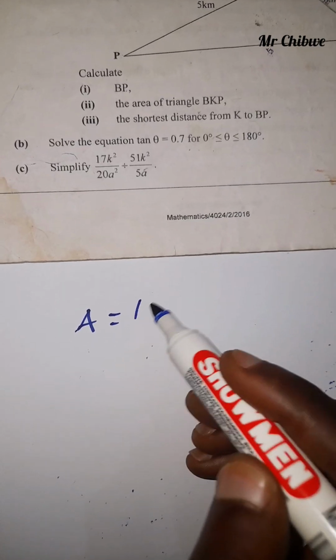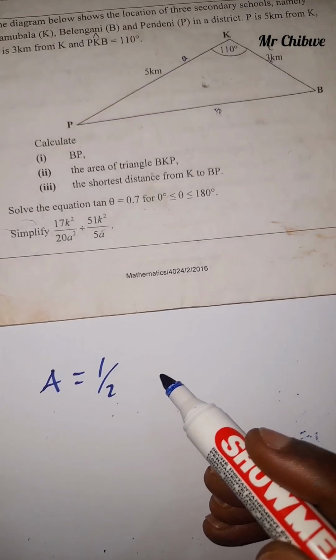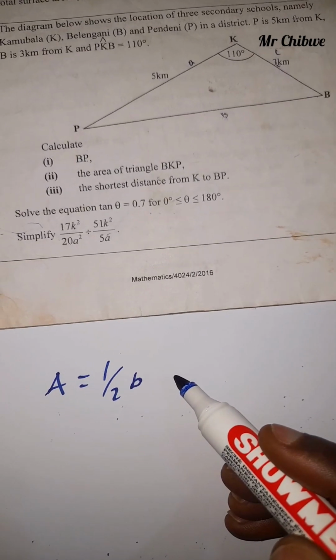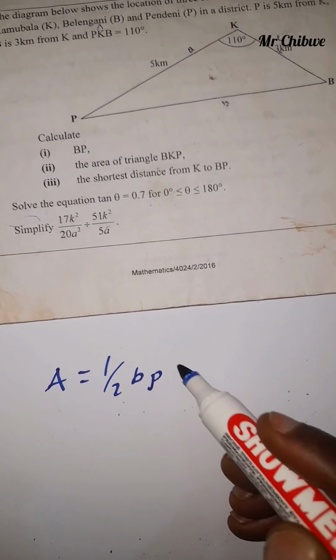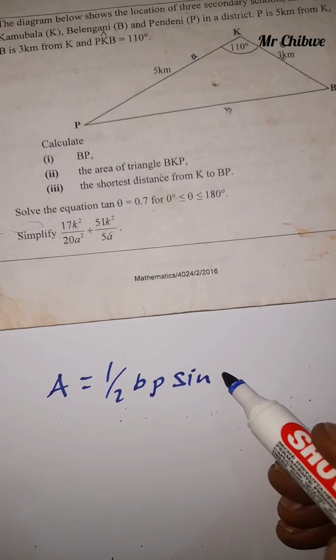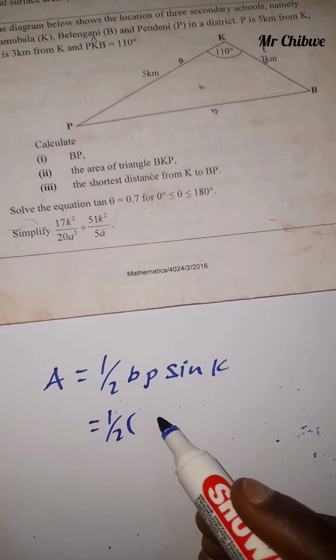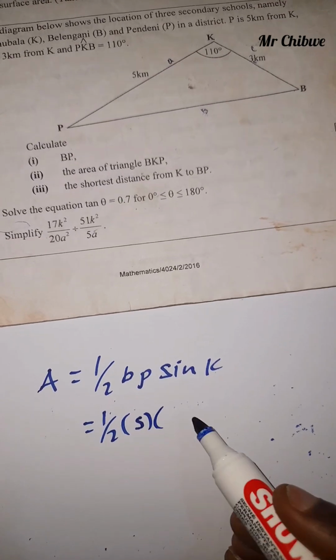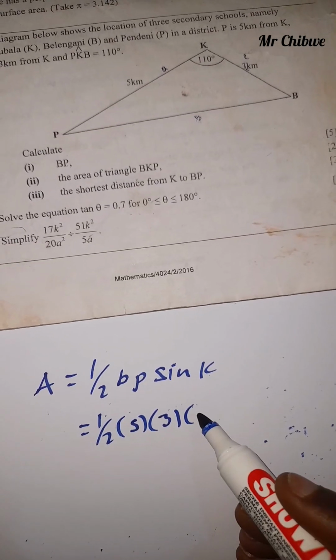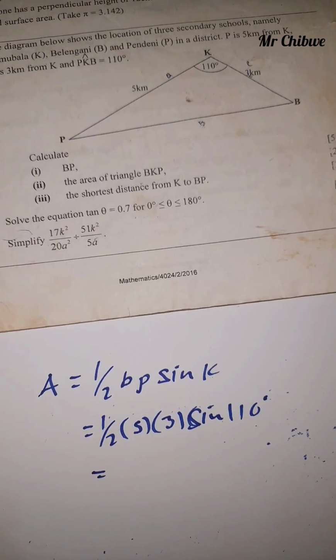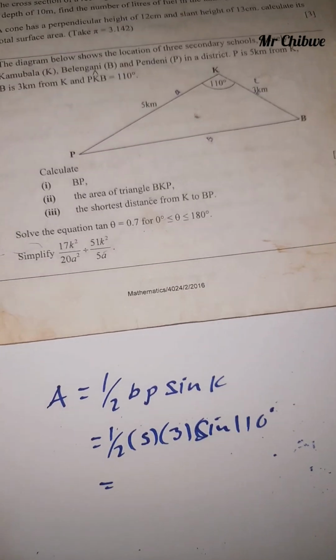Area is equal to half. The two sides that we are given here are side B and side P, and we are using sine. The angle given here is angle K. So area is half, B is 5, P is 3, sine 110 degrees. Now, when you calculate these,